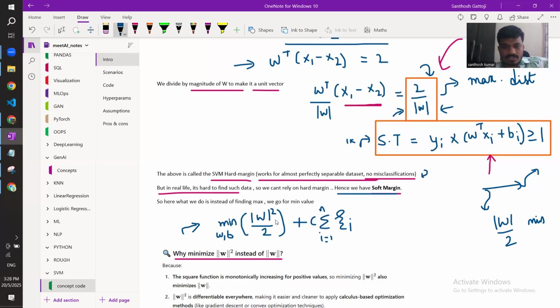Similarly, in the soft margin, it is the minimum of W square by 2 instead of W, plus we are adding some more term. This is kind of a regularization equation. One question is, instead of W, why are we using W square? Here we are finding the minimum value, and it is always easy to find the minimum value of a square function, because a square function is differentiable. When you differentiate x square, you will get 2x. A square will give the maximum W value, correct. But what I'm saying here is